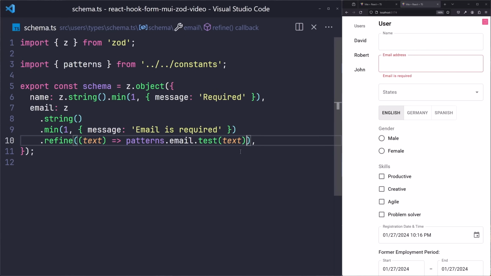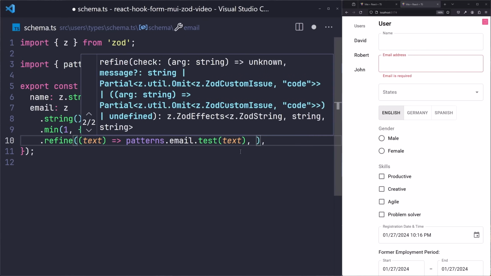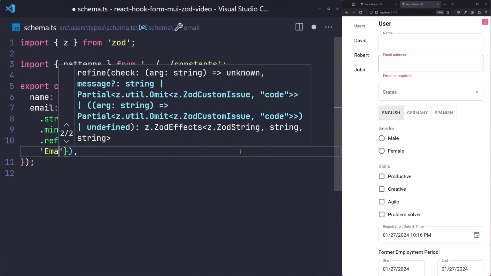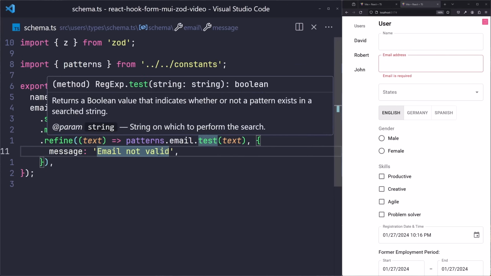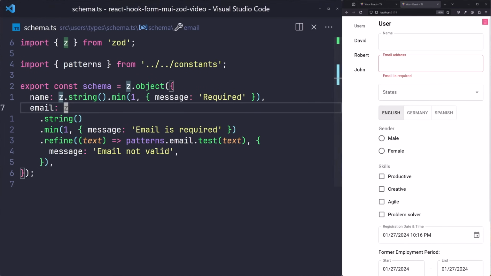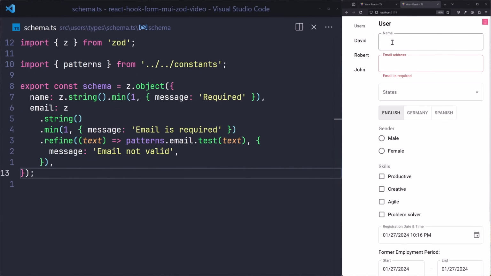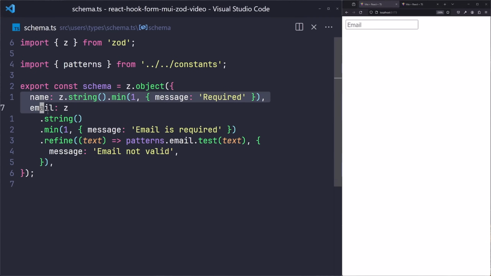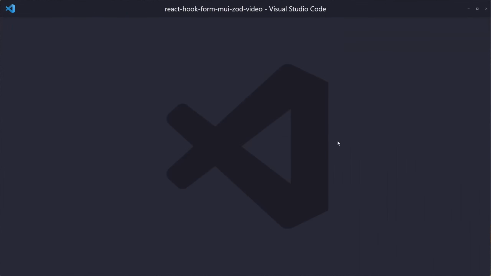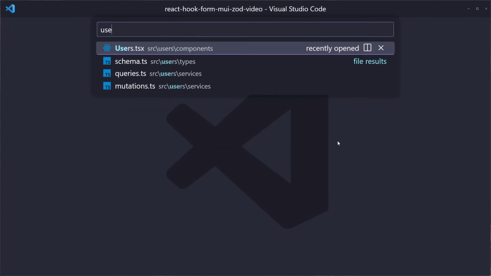After the function, we can pass another argument here, in which I can pass custom validation errors like this. For example, I can say email not valid, which you are going to see in our application in a moment. We are going to do the next fields in a moment. I just need to implement these two field schemas inside my users component for you to see what we are doing by now. Now we need to start implementing our form fields one by one in our users component here